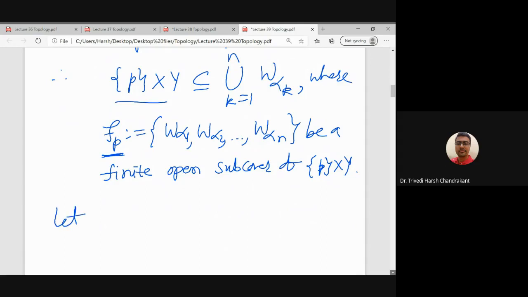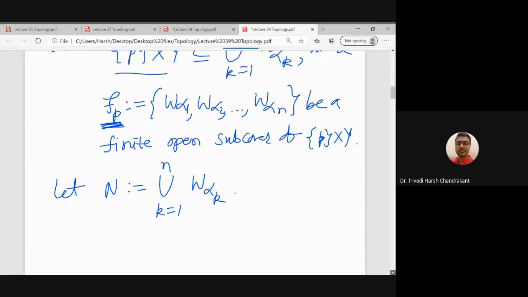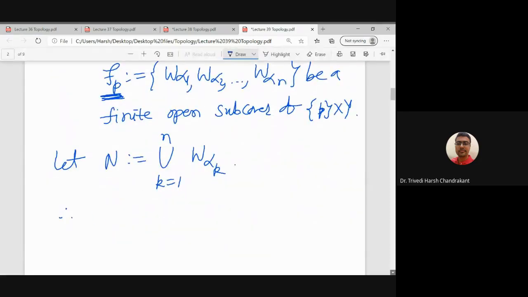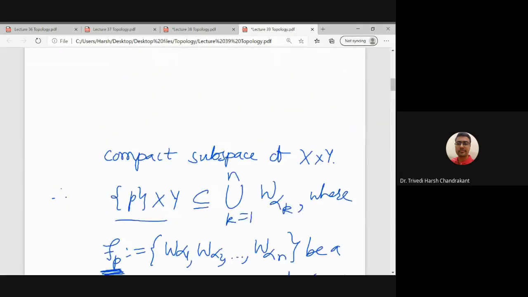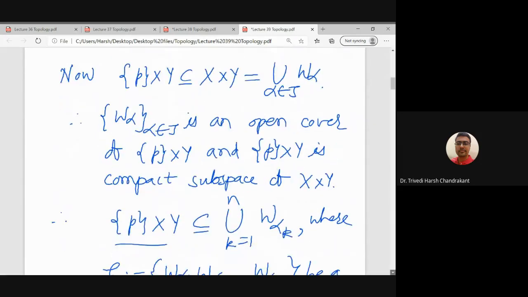So let N be the set which is the union of k from 1 to n of W alpha k, right? So what are these W alpha k? They are elements of FP, right? So since each W alpha is open, therefore N is an open set, right? So N is an open set, and what we know about N is that it is the union of W alpha, which actually covers the singleton P cross Y,